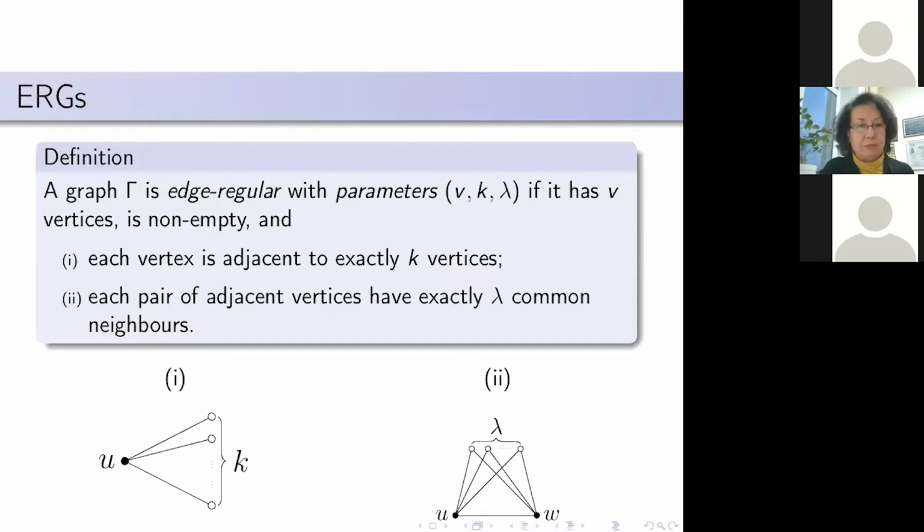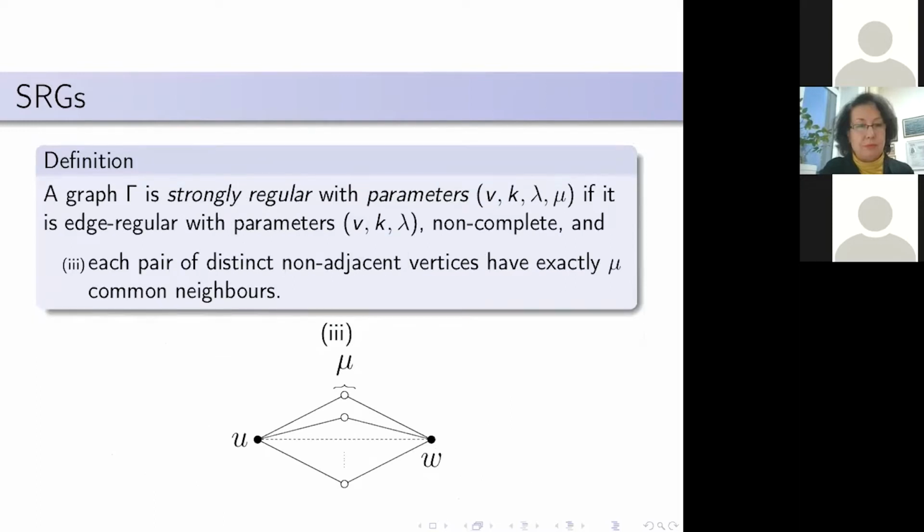So an edge regular graph with parameters v, k, lambda is a graph with v vertices, at least one edge, which is k regular, and each pair of adjacent vertices share lambda common neighbors. And a strongly regular graph with parameters v, k, lambda, mu is an edge regular graph with parameters v, k, lambda. It has at least one pair of non-adjacent vertices, and each pair of non-adjacent vertices have exactly mu common